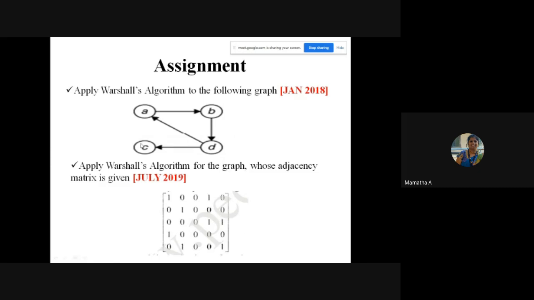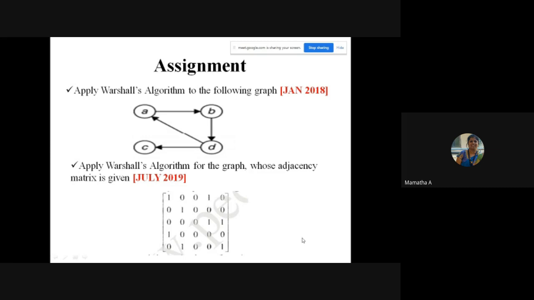Here you will check, okay, from A to D there is a path. In the path matrix, A to D is 1, looking at the graph. But how about here? How will you check your answer is correct or wrong given this matrix? Any idea? Can anybody tell me, Janvi? Ma'am, maybe we'll have to draw a graph. Yes, that is the answer. You have to draw the graph correctly using all the ones, naming it correctly. Draw the graph, then check whether the path you have got is correct.